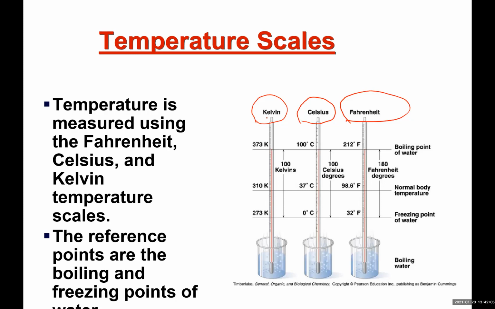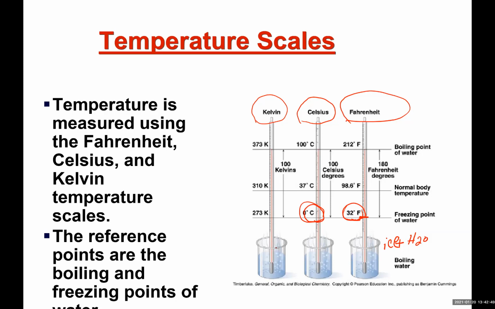What is the relationship? If you place Fahrenheit thermometer inside a mixture of ice and water, that would be the freezing point of water. The mercury in Fahrenheit is going to stand here, and we call that 32 degrees of Fahrenheit. If I do that with Celsius, I call freezing point of water 0 degrees of Celsius. So do you see 32 degrees of Fahrenheit is equal to 0 degrees of Celsius. And if I'm using Kelvin,